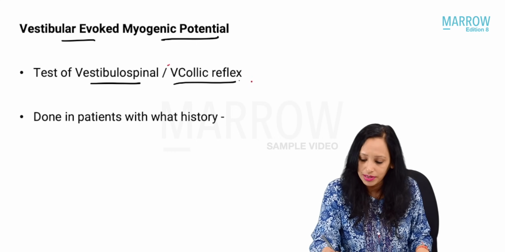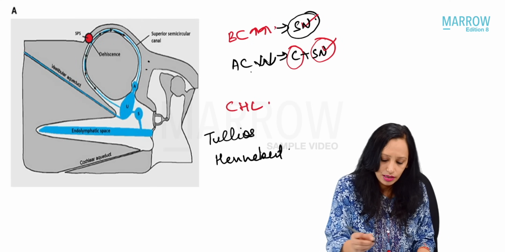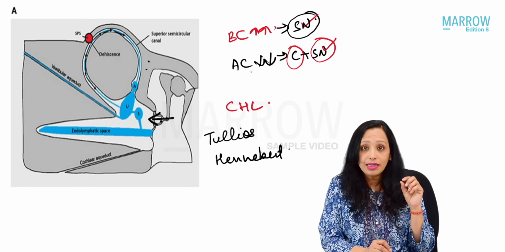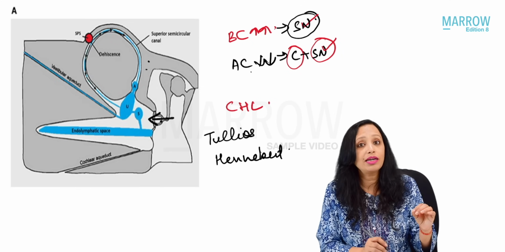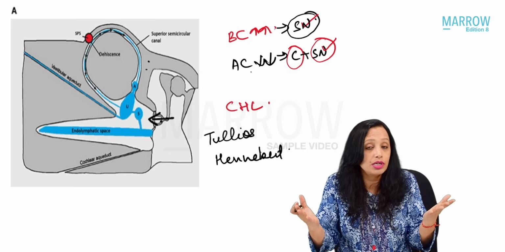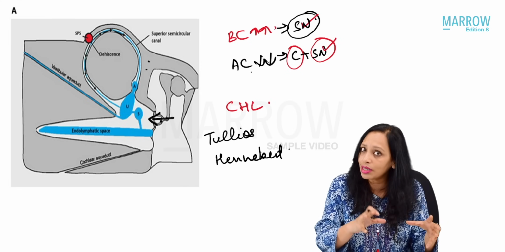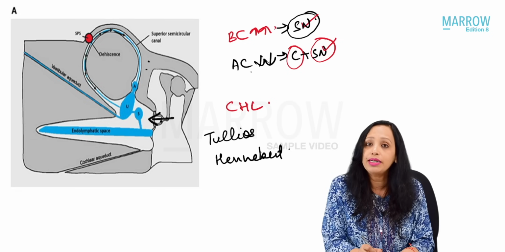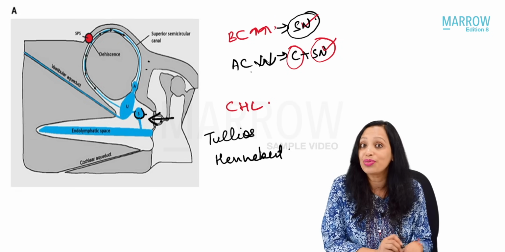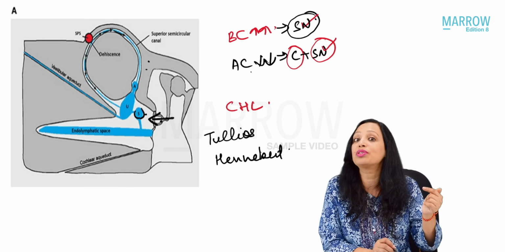Yes, so how this happens, just see here. Whenever there is a loud sound, it enters the inner ear, but it does not stimulate the inner ear so much that it can lead to vertigo. That is not normal. With loud sounds we do not have vertigo. So the sound reaches the inner ear and the loud sound stimulates the saccule, not enough that it can lead to vertigo, but just enough that it can lead to this reflex.